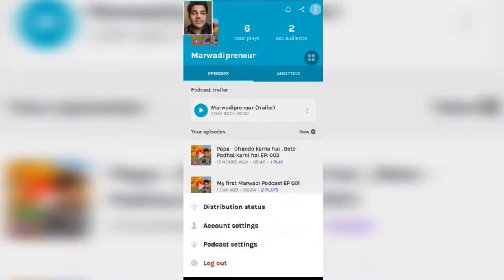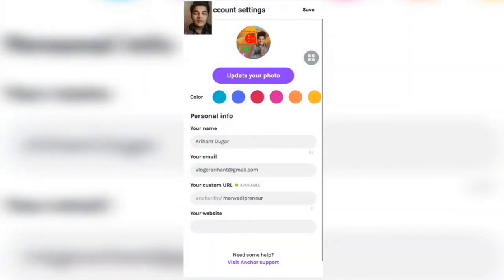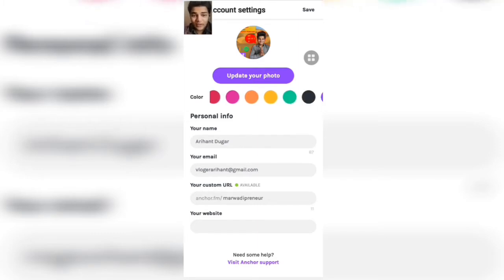And the second is account setting, where here you need to fill in some of your personal information like your name, your email ID and the URL, whichever you want. I am very lucky that I got my own custom URL, what I wanted, and if you have a website, you can go with that also. Here you can upload your own video and upload your own cover photo or a DP, whatever you can say, and here you can figure out what type of color theme you have to decide for your podcast.